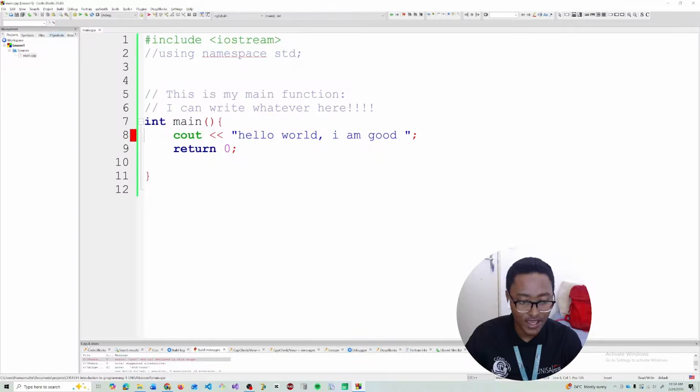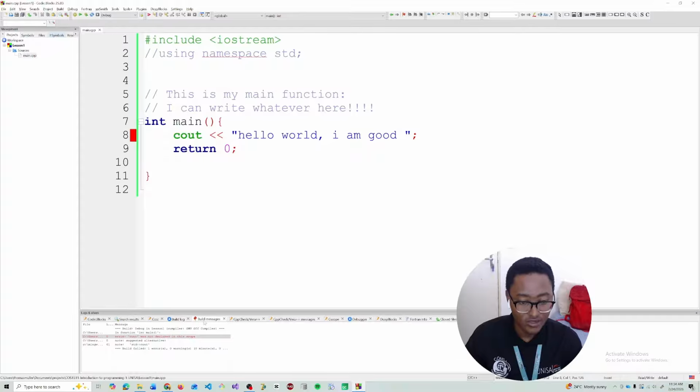So if you look here at the bottom, logs and others, you see here we have an error message. I'm gonna zoom that in. I can't really zoom that in, that's crazy. Okay, so we have an error. It says cout was not declared in this scope, and we have a little red line here that shows us that there's a problem. It's not declared because now we've eliminated namespace std. So you have to do this manually. You would have to do std::